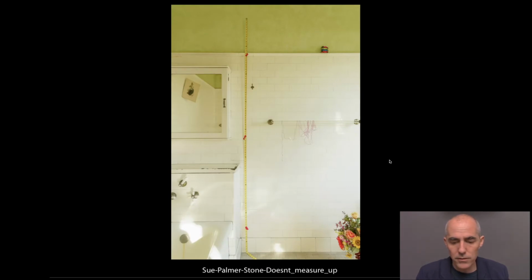Sue Palmerstone. So I have a couple of her images here. Great color, great arrangement, the formality of it. The thing that I love are these beautiful little moments, like these cars up here, or this string here, or this completely implausible measuring tape, the flowers peeking in, this thing on the wall in the background framed just perfectly. I think it's important to look at how carefully she does everything,